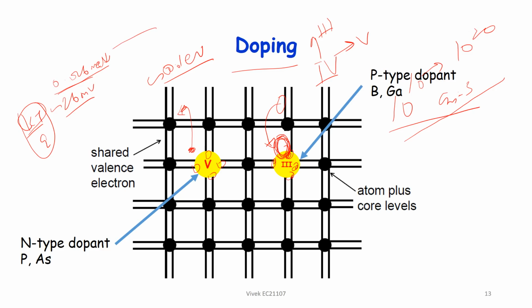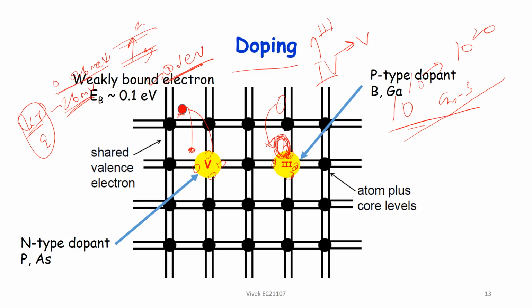Now, when there is a band gap of 1.1, you get around 10^10 carriers. But if you have this loosely bound electron of 0.1 electron volt, with the given thermal energy it can easily go to the conduction band, right? Or an electron from the valence band can easily go to the impurity state of a group 3 atom. So that enables the carriers to move and to get a large carrier concentration.